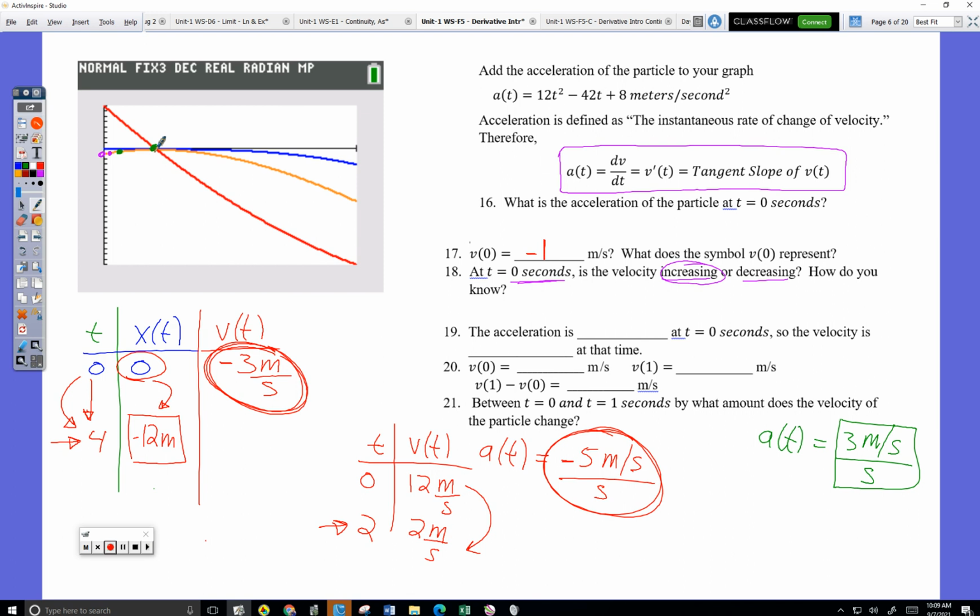Eventually, right here, the acceleration becomes negative. That's making the velocity more negative. That means I speed up. So I go faster and faster to the left. I don't know if that helped at all. That was a really bad explanation, but